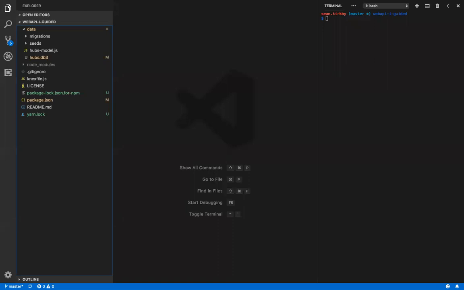Try to avoid the temptation to jump into your editor and follow along that way, because you may miss something that will be really helpful. So I'll make sure you've got plenty of time to catch up and get your own code into good shape there. So if we take a look at the project,